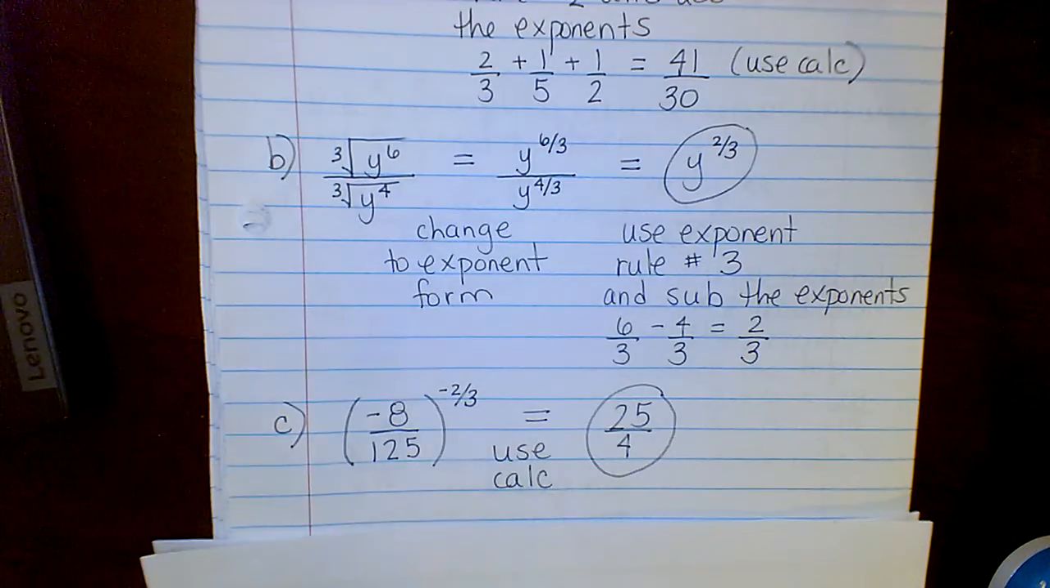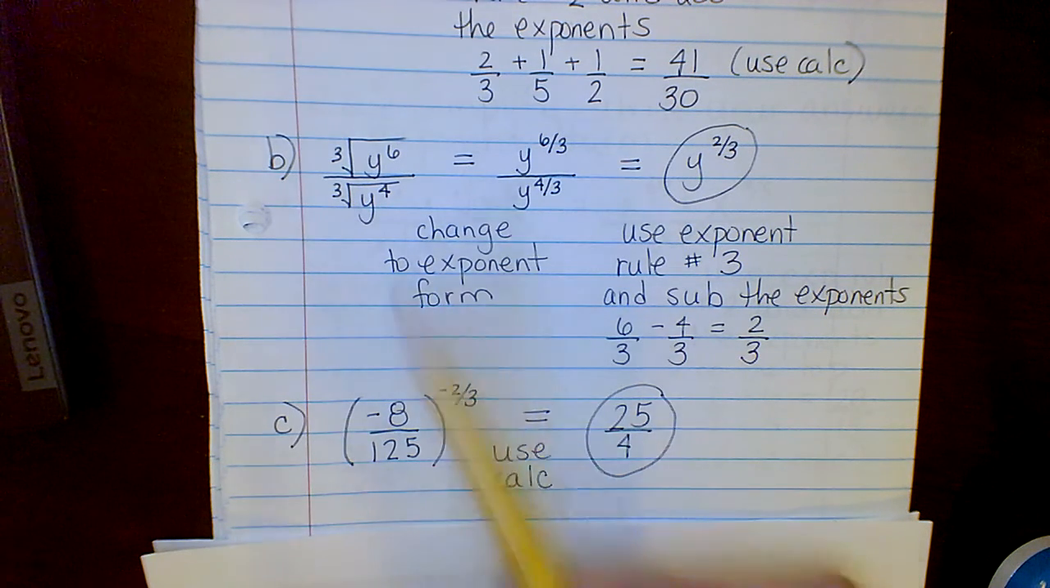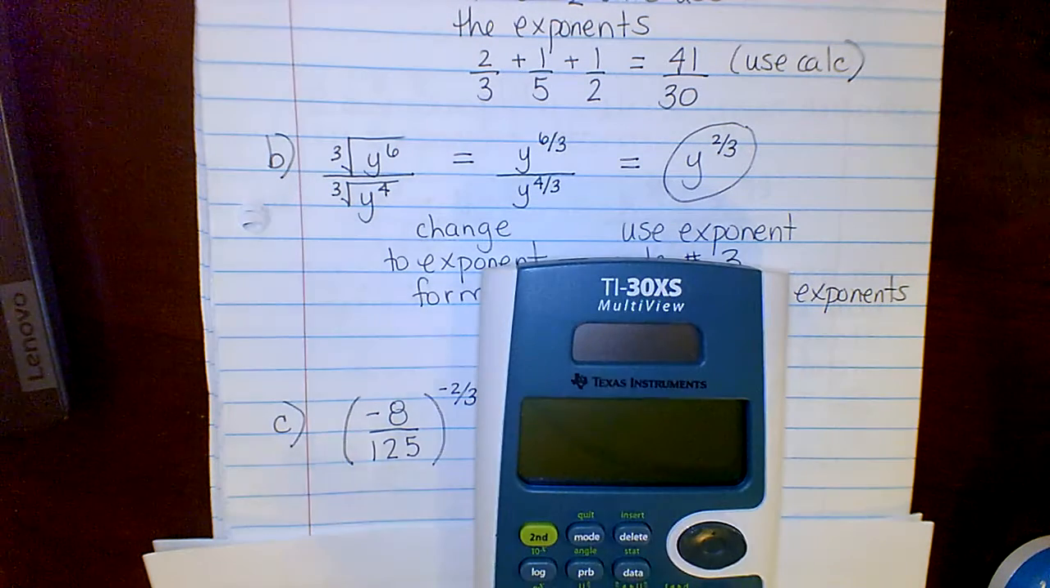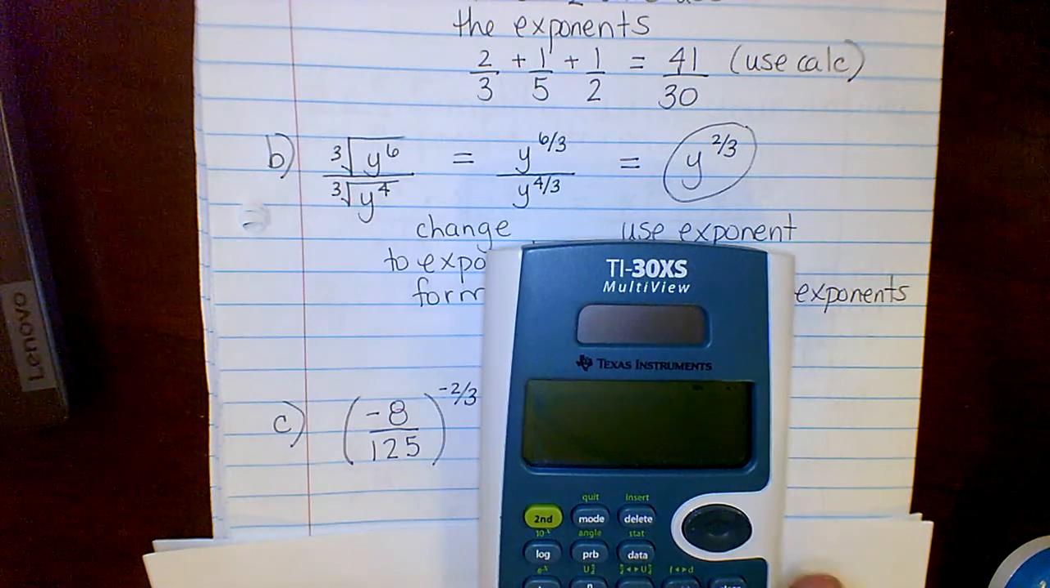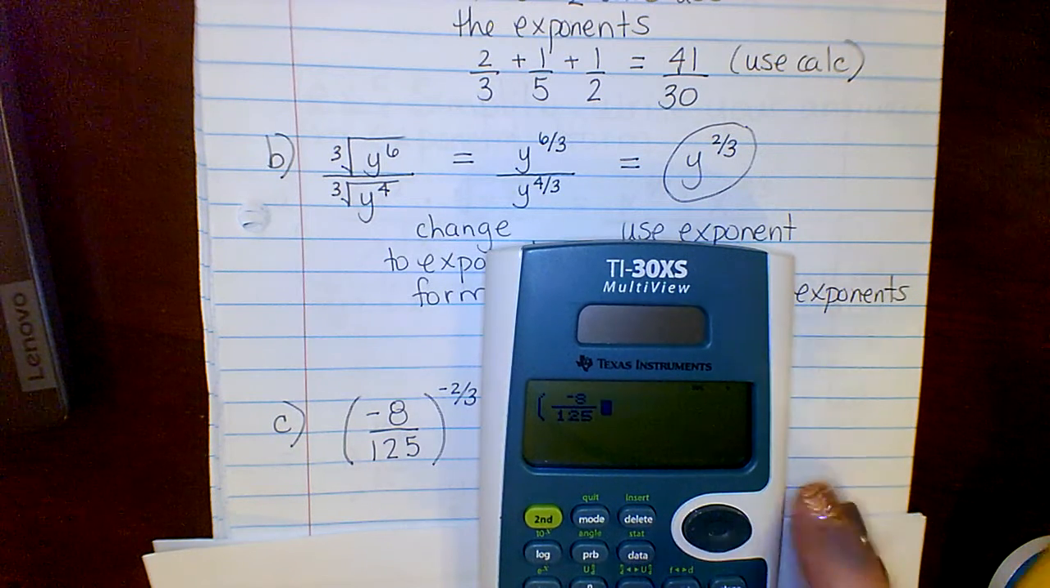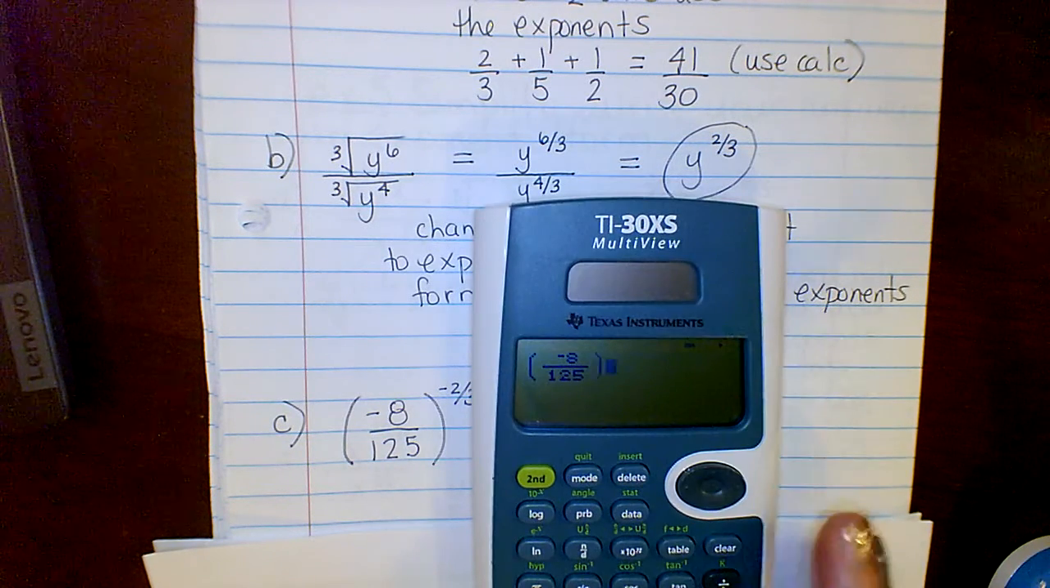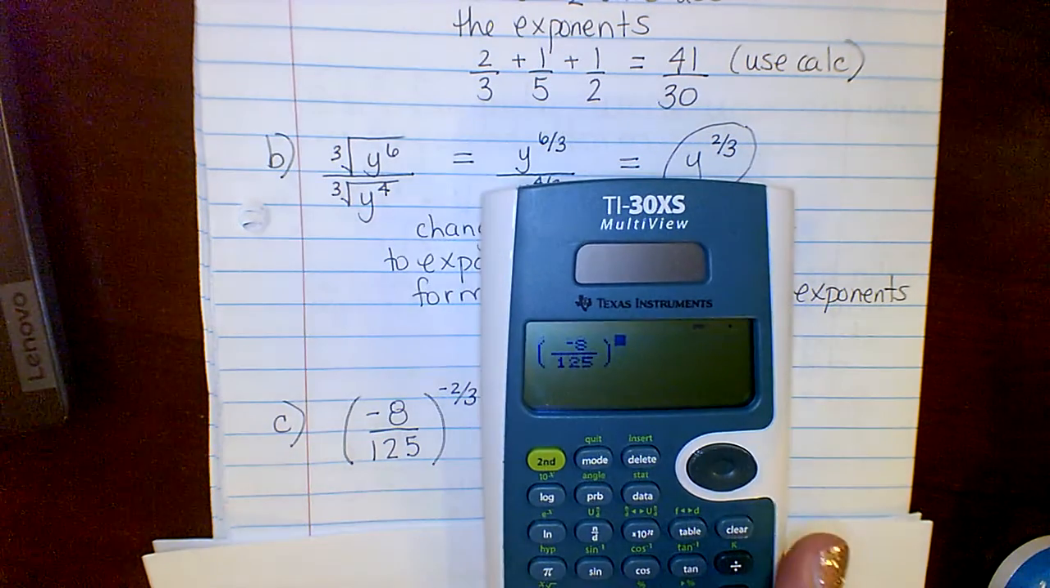All right. This one, you can just straight up use the calculator. You don't have to do any kind of work. If there's not a variable going on inside there, then just use the calculator. So don't forget the parentheses. So we got parenthesis, fraction, -8 over 125. Get out of that fraction, close the parenthesis. Exponent,